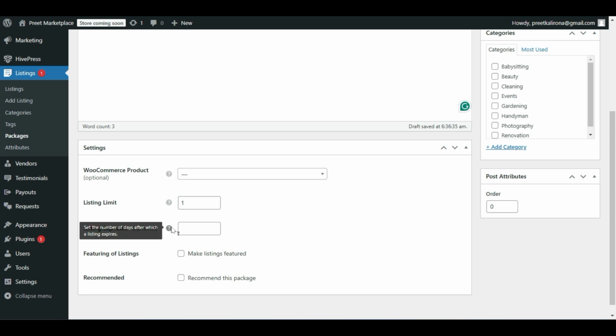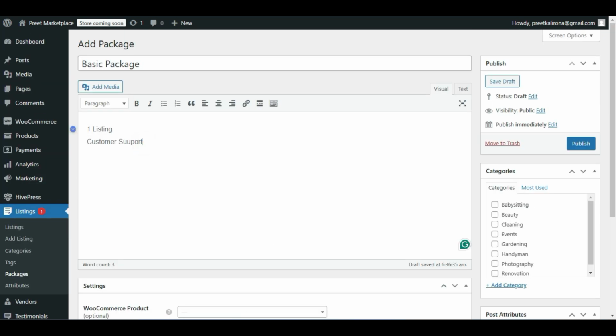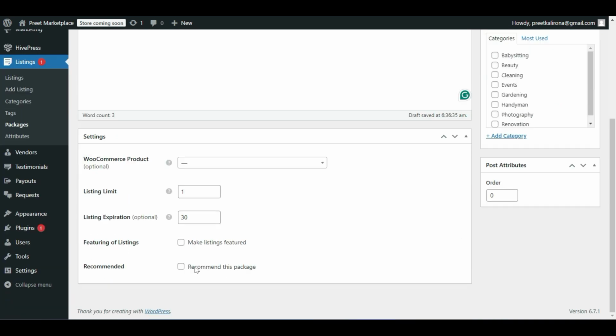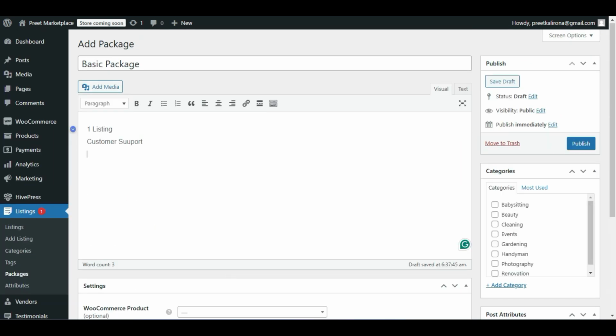Listing expiration, this is optional, but if you want to set it for this particular package, you can set the date for 30 days. This is good for 30 days. Okay, make listings featured. In this package, because this is a basic package, if instead of basic package there was a premium package, then you can mention featured listing here. Okay, then recommend in this package